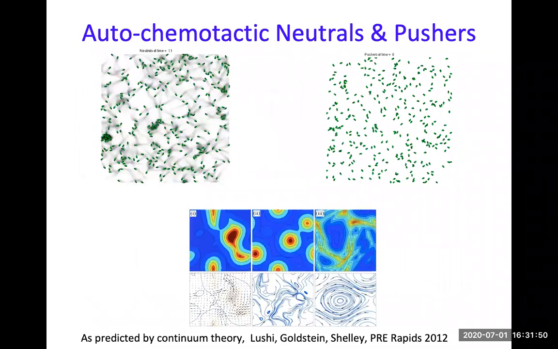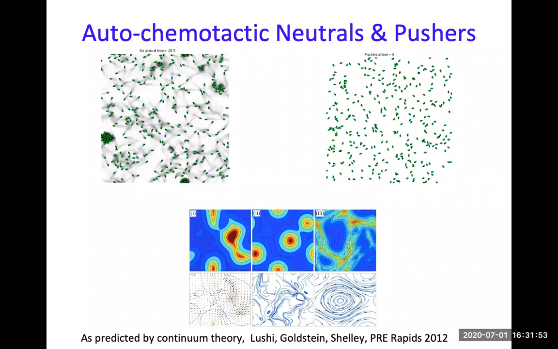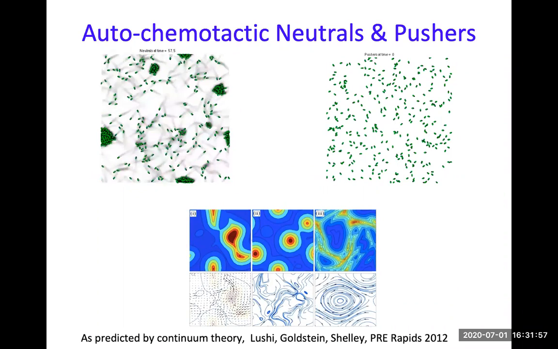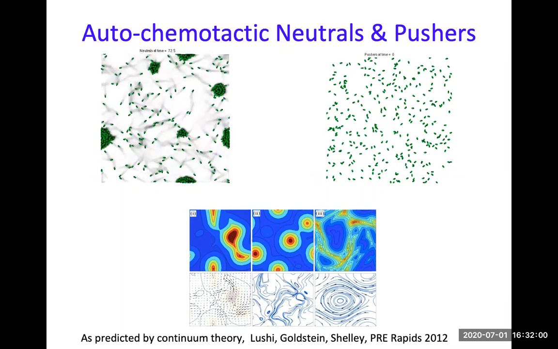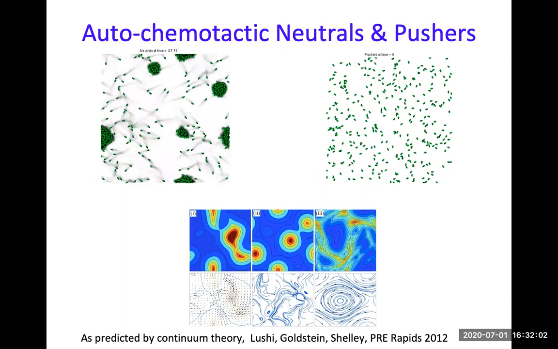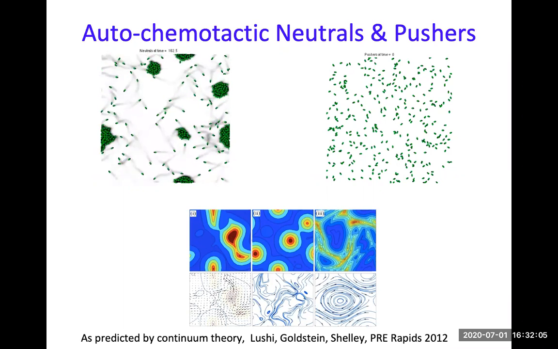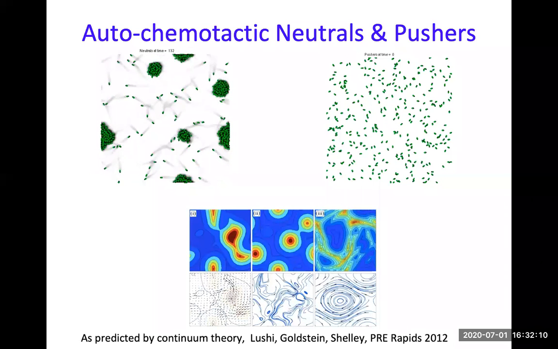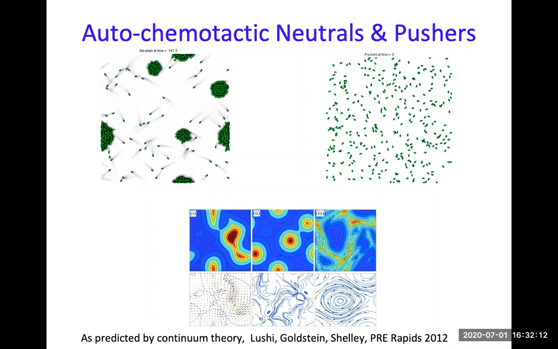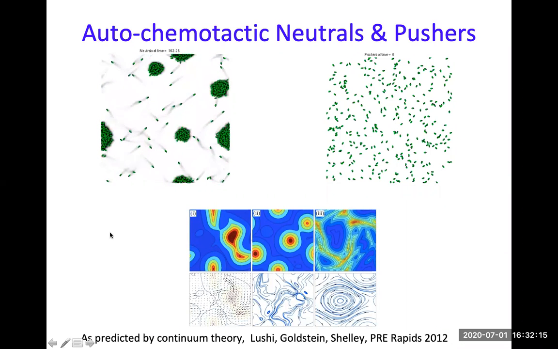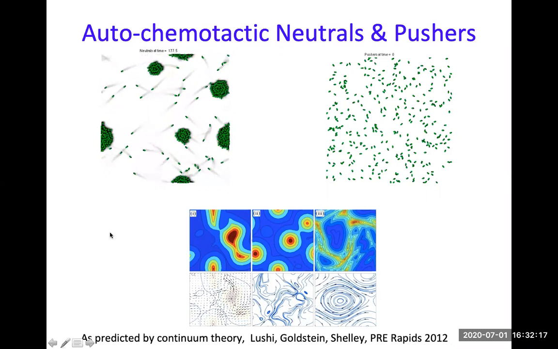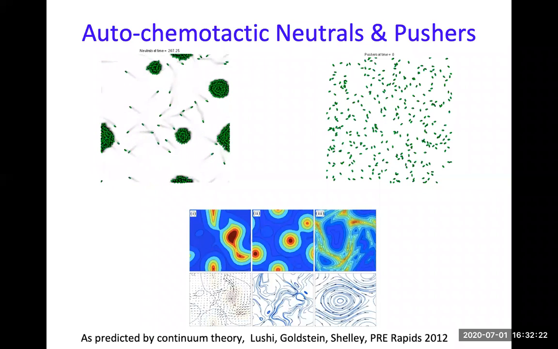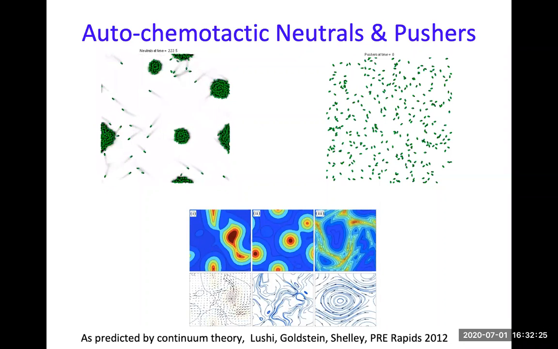Other things that we can add are, for example, various other fields. For example, we can add a chemical field. So each swimmer, like chemotaxis, each swimmer generates a chemical that other swimmers are attracted to. Right? So chemotaxis is well known for bacteria and spermatozoa. So if you just have neutral swimmers, so no fluid flow, they will just chase the gradients and essentially aggregate into these circular spots. And the circular spots are pretty fixed and stable.